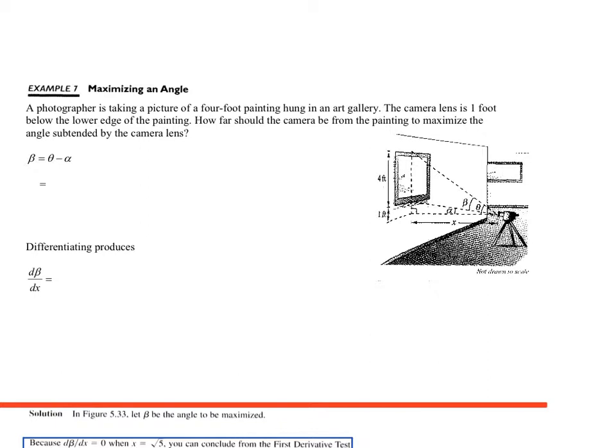Okay? You guys have all taken pictures. You know, you get closer, you back up, and you can either fit something in your frame or not. Here we're trying to maximize that angle. Okay, subtended just means that's how we can view from the top to the bottom. Okay, so you'll notice here what we have